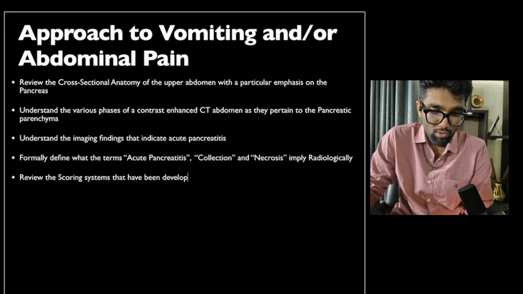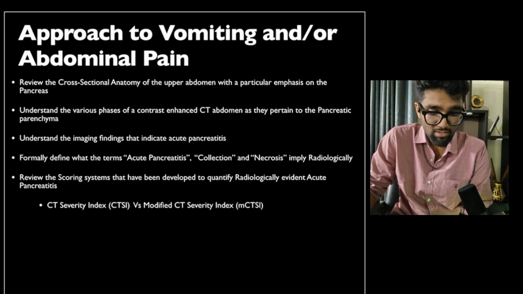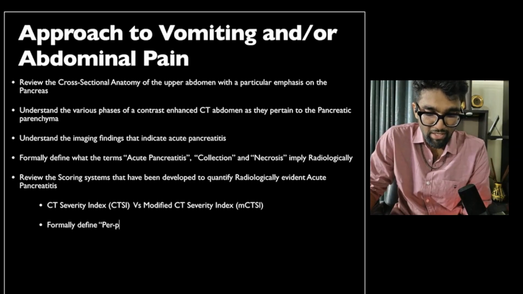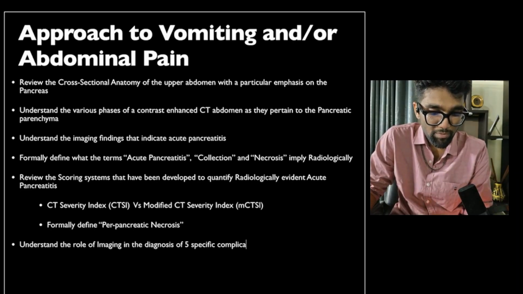We'll review the scoring systems that have been developed to quantify radiologically evident acute pancreatitis. This will include the original CT severity index as well as the modified CT severity index. We'll formally define what peripancreatic necrosis means. We'll try to understand the role of imaging in the diagnosis of 5 specific complications of acute